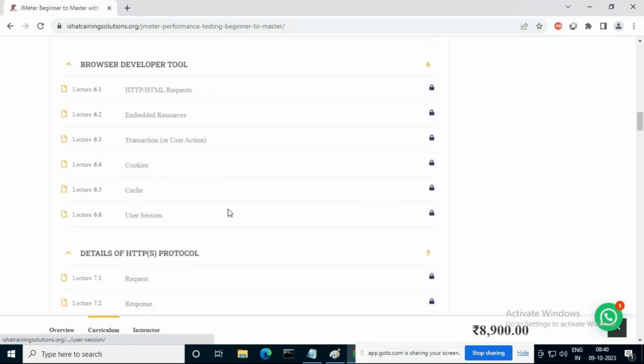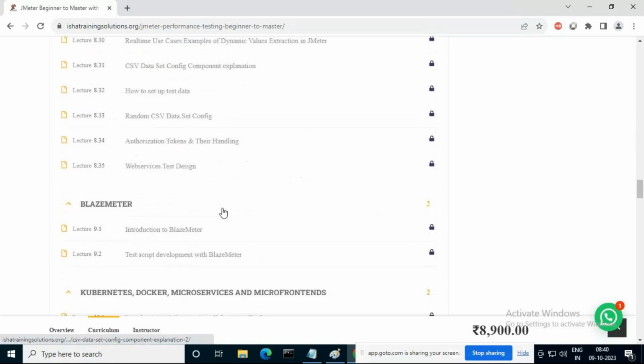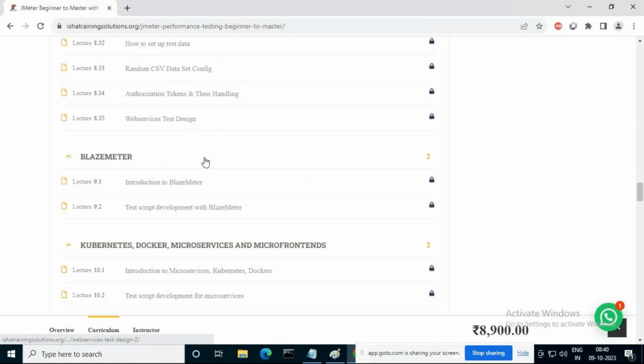Excuse me, sir. Please tell me how to set up the test environment in JMeter? How to set up the test in JMeter means environment. Yeah, tell me. Defined environment variables. Yeah, how to set up the performance test environment in JMeter means, basically there are again different